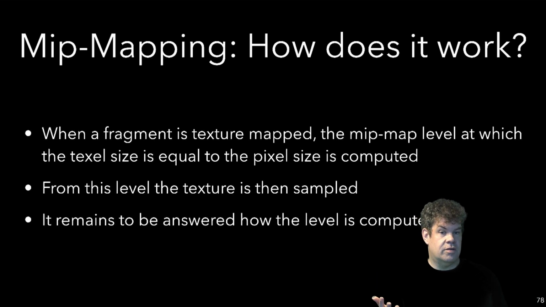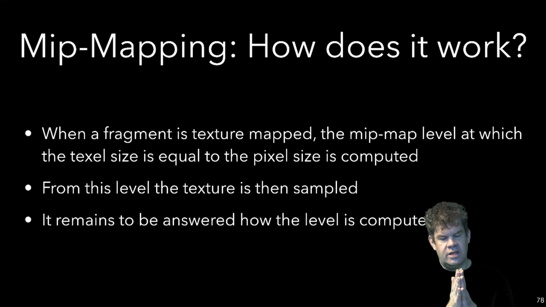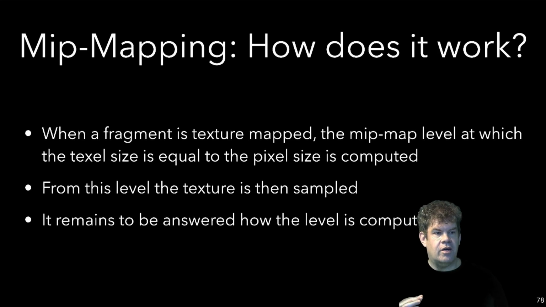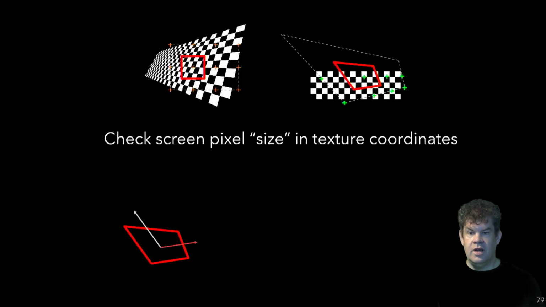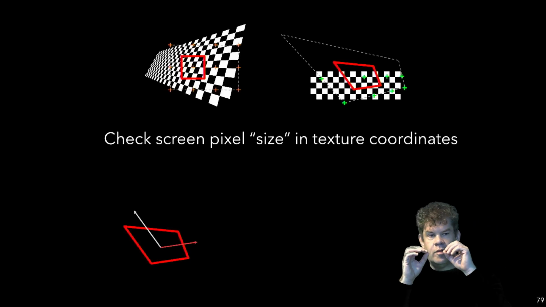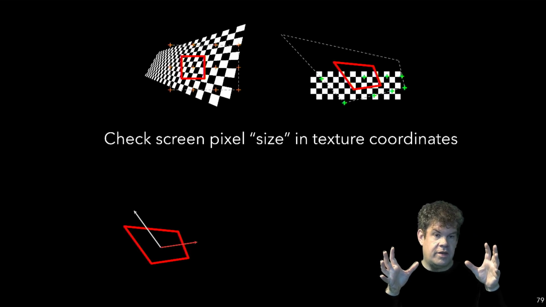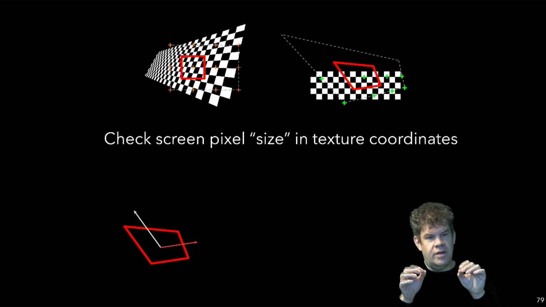How do we figure out, when we do a texture lookup, and if you're interested in what a texture lookup is, you need to go back to my lecture on texturing, how do we figure out not just the texture coordinates, those are probably given, but which texture resolution to use? I mentioned that briefly during the texturing lecture, but here are some more details. What we can do, for instance, is look at the neighboring pixels, assuming that they are in the same triangle, and there are ways to enforce that,